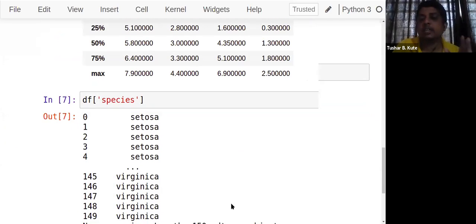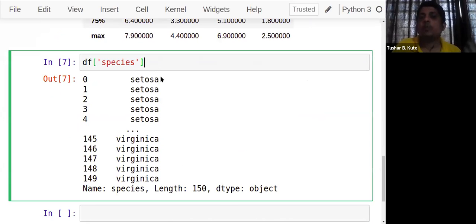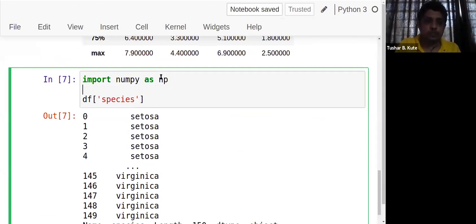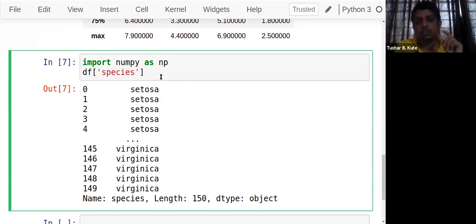We have to know how many species are there. If you want to identify how many unique values are present, we can find that by one method. So let's import numpy as np, and inside numpy I have a function unique, which finds the distinct values present in it. We have dot unique.